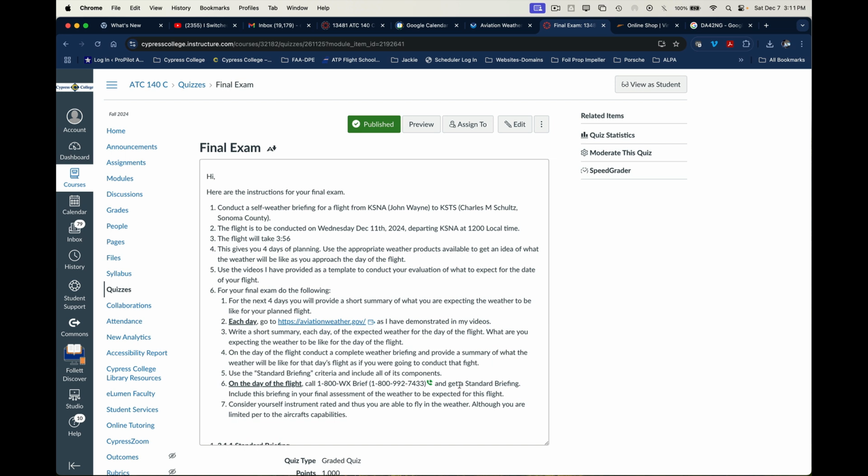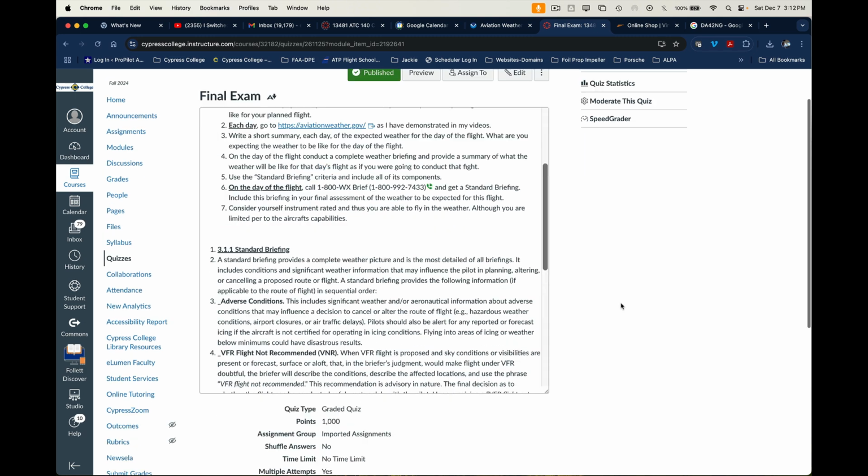I'll do a quick one right now for a few days out from the actual flight. This is for a flight from John Wayne Airport to STS Charles M. Schulz, Sonoma County. The flight is going to be conducted on Wednesday, December 11th, this coming Wednesday. You're conducting the planning now for a flight that departs at 12 local. Everything should be done by 12 local, and then you can submit it, and the submission deadline is midnight